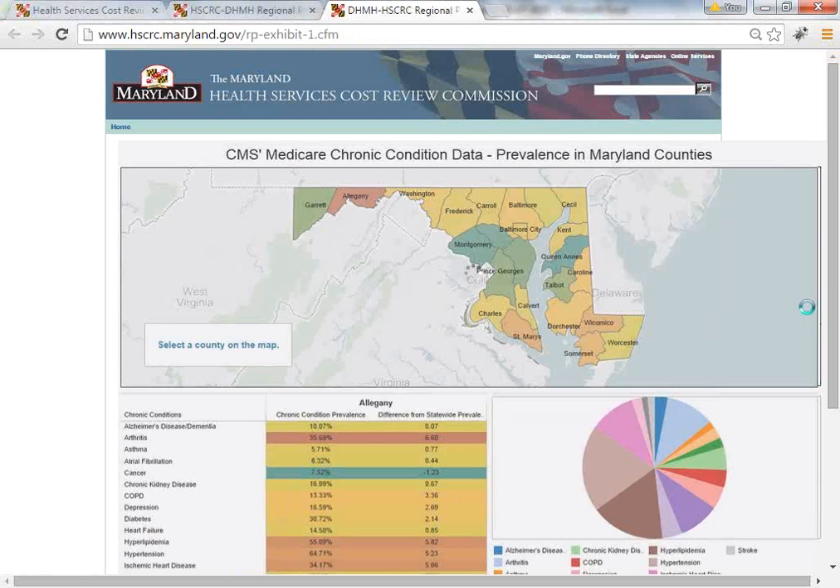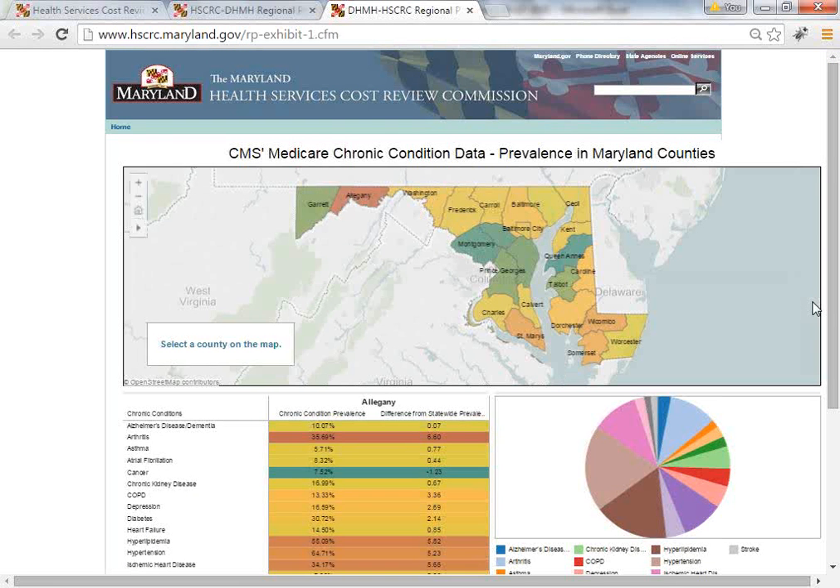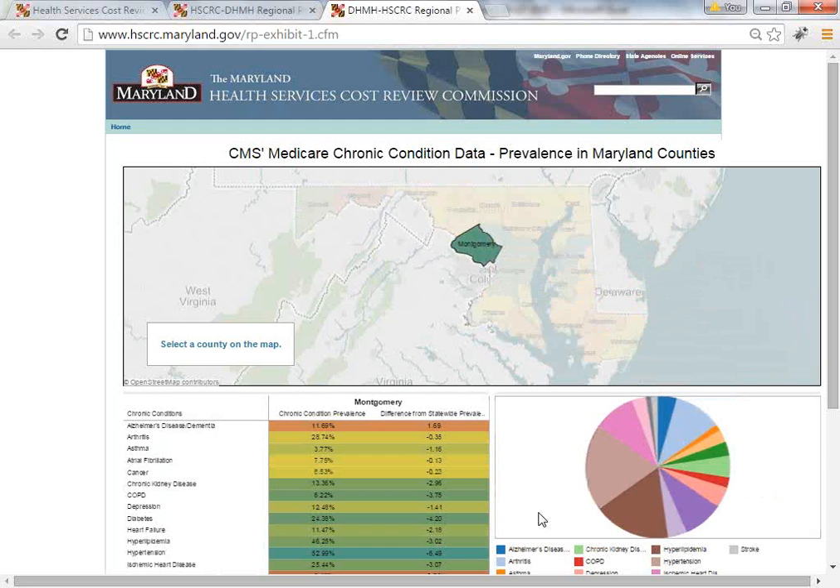And so this first report shows you which chronic conditions are most prevalent in a county, so that you can understand how that prevalence differs from the state. So again, what you would do is select on a county up here. I'll pick Montgomery County this time. When you select one of the counties, you will then see the table down here and the pie chart